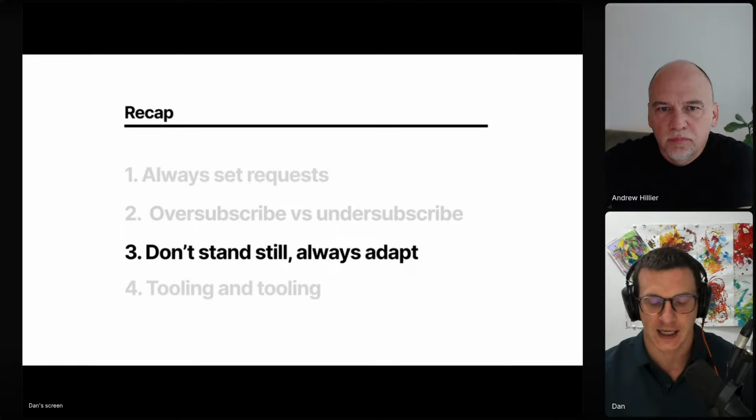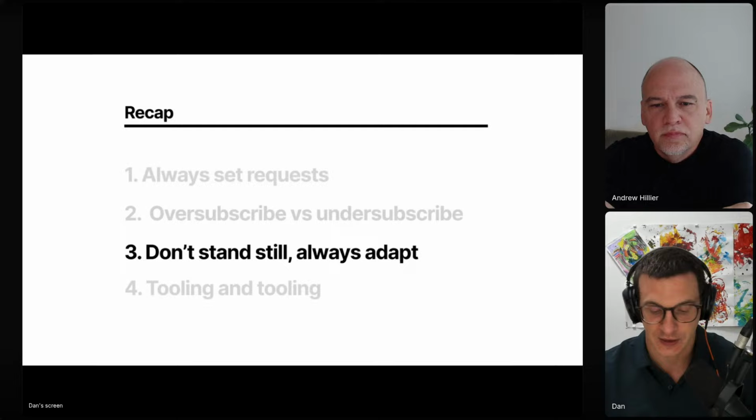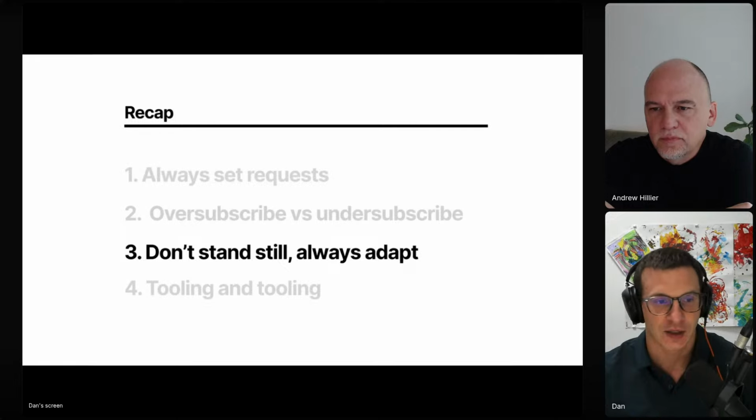I used to think that requests and limits is something that you set right the first time and it just works. But there is no right when it comes to setting requests and limits, because the application can change, the traffic pattern can change, the code can change, the infrastructure can change. There are so many things that can change at any given point in time that we can't really set a single value and pretend that value is right all the time.